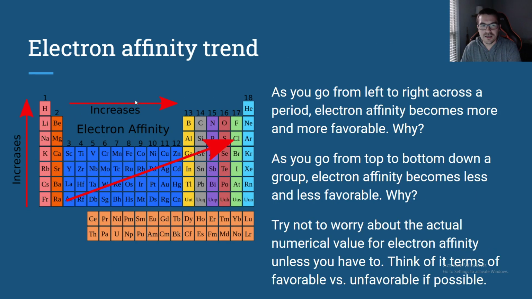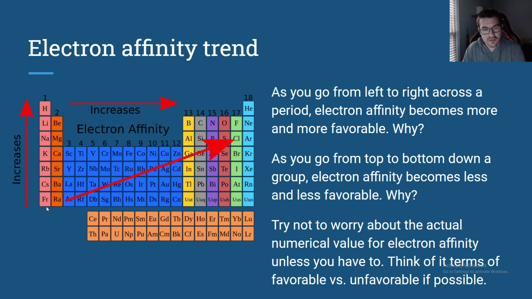So that's the trend with electron affinity: it's more favorable on the right-hand side, less favorable on the left-hand side. And then you can use similar types of thinking with the group trend. As you go down, and this is a bit easier to think about,